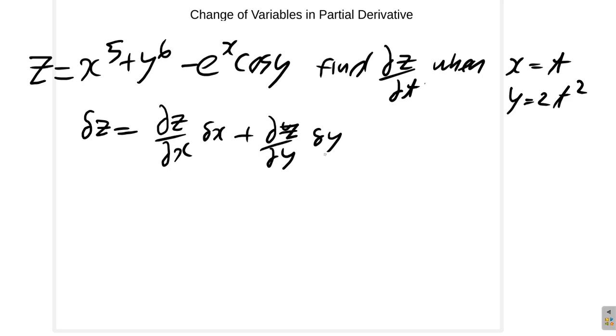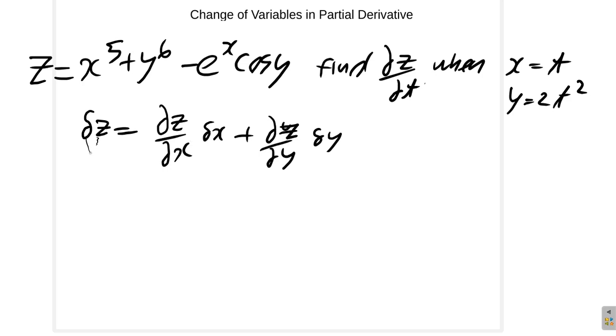For example, the amount of money you're earning per hour. The amount of money you get in addition to what you had before is the amount of money you get per hour multiplied by the number of hours, which is the change in hours, right? That's one thing you can relate it to. Very important formula. Alright, now